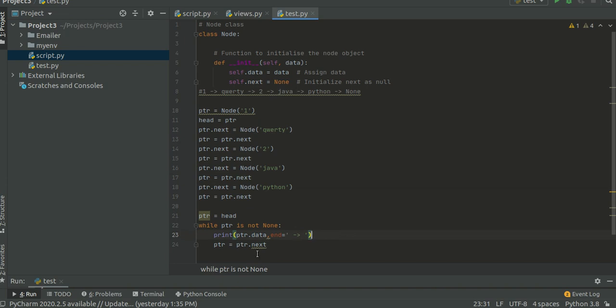After printing the data, it will print the arrow sign, and in the last it will print nothing. So this is how it runs. When the value of ptr.next becomes None, it will stop, and we keep on incrementing the ptr by ptr.next. Now let's run this code.